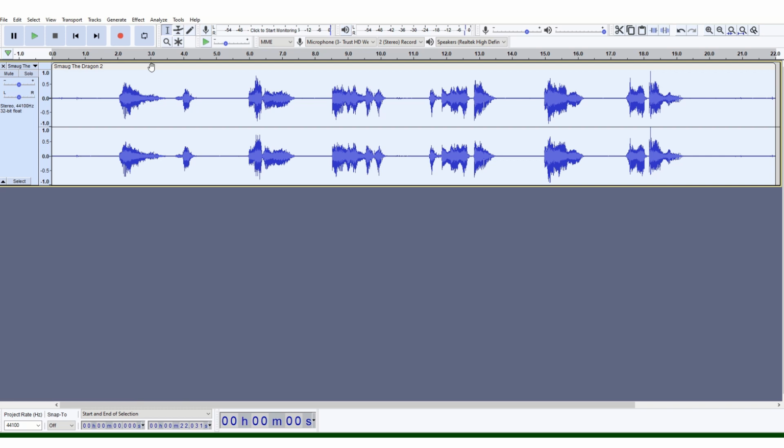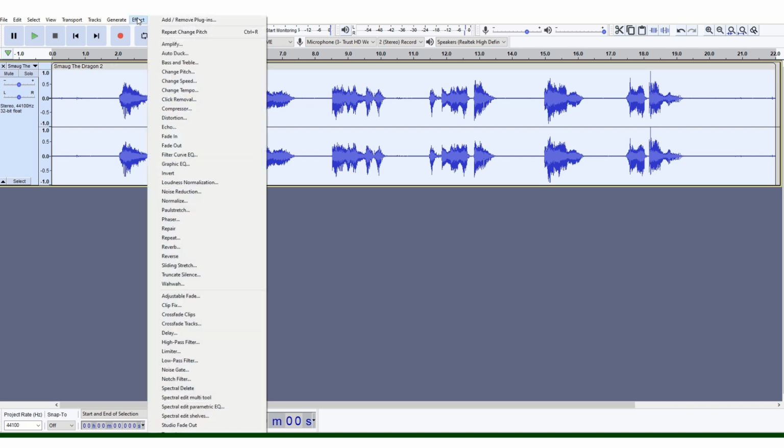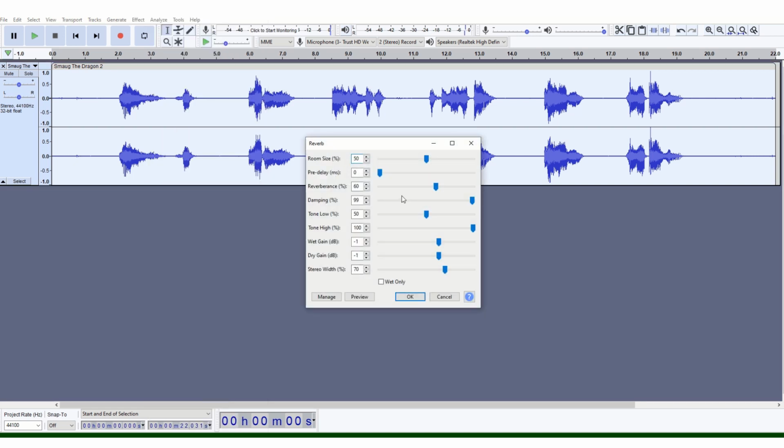Again, go back to select the file. This time what we're going to do is make it sound like Smaug is in a big cavern under the mountain. So we're going to put some reverb on, so we go to Effect and Reverb, and these settings are quite important. So we want the room size set to 35, pre-delay 0,